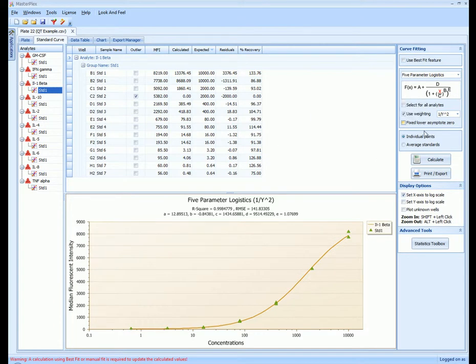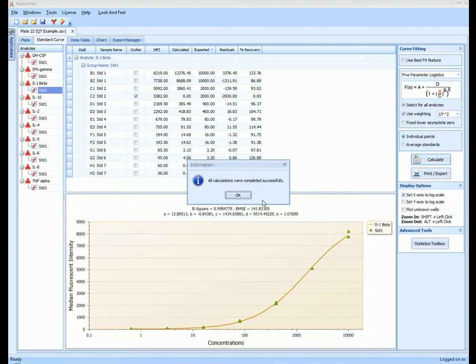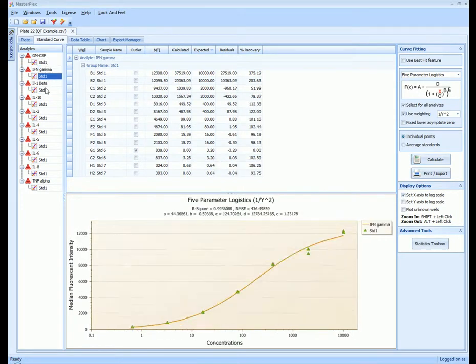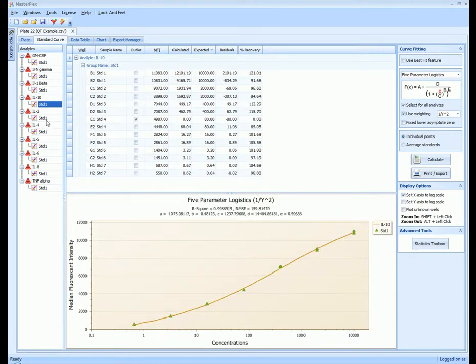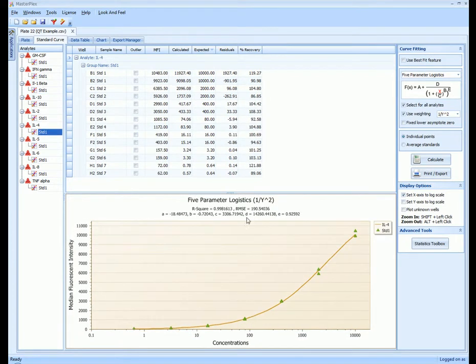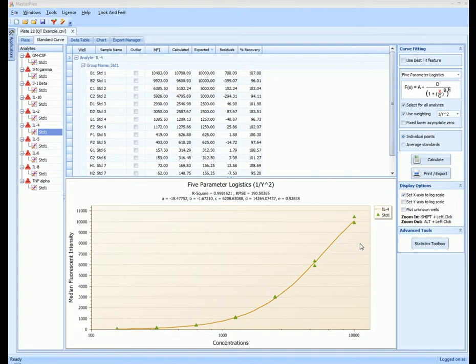But let's say we wanted to overwrite the best fit and just apply a 5PL 1/y squared to our entire panel. I would click the button calculate and go ahead, and that would update all of our curve fits to 5PL 1/y squared. Okay, now that we talked a little bit about curve fitting and optimizing your curve fit,